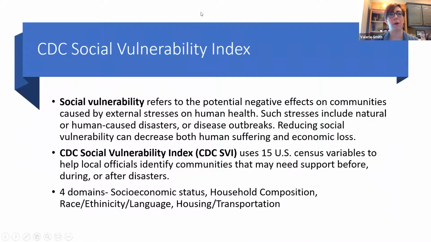The next one I wanted to talk about is the Social Vulnerability Index. It is developed by the CDC, and what it does is put together 15 factors from the census that help local officials and communities identify where they may be at risk. It was actually designed as a disaster preparedness tool to help communities plan for where there might be transportation gaps if they had to evacuate, or where there would be higher risks of needs or health complications if there was a tornado or a hurricane, for example, or an earthquake.